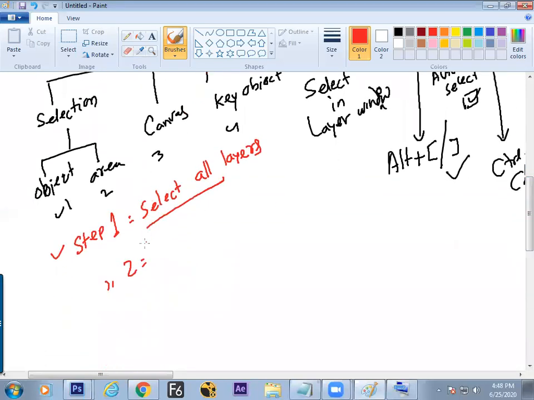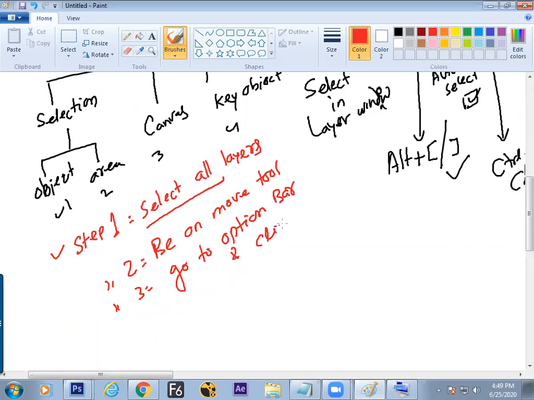Step number 2, be on the move tool. Step number 3, go to the option bar and click as required.